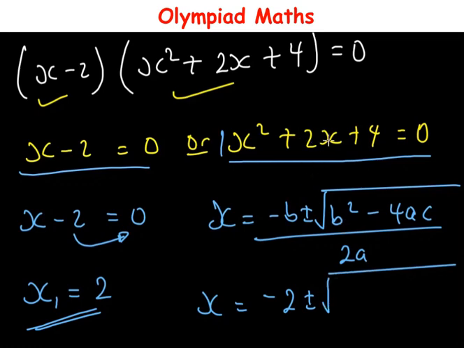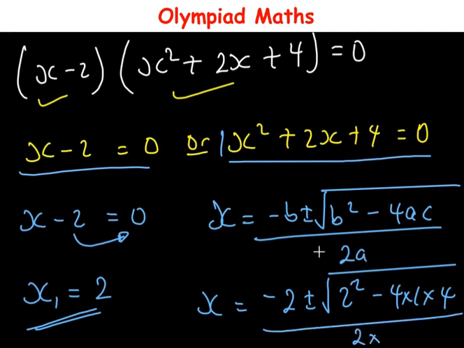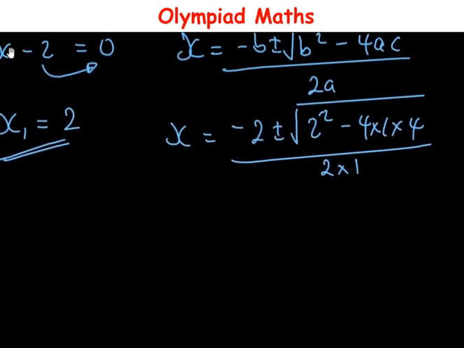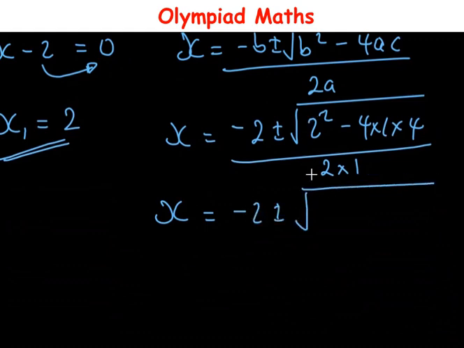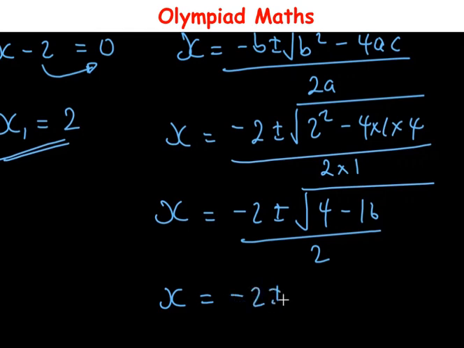b is the coefficient of x, which is plus 2, so 2 squared, then minus 4 times a, the coefficient of x squared, which is 1, times c, the constant, which is plus 4. Then all over 2 times a, which is 1. So with this, what we then have is x is equal to minus 2 plus or minus square root of 2 squared, which is 4, minus 4 times 1 times 4, which is 16, all over 2 times 1, which is 2. So then x is equal to minus 2 plus or minus square root of 4 minus 16, which is minus 12,